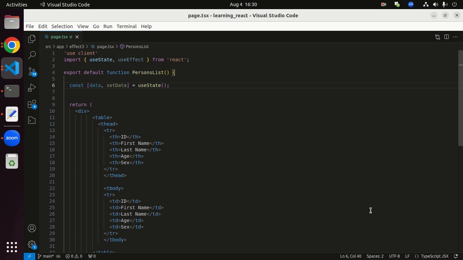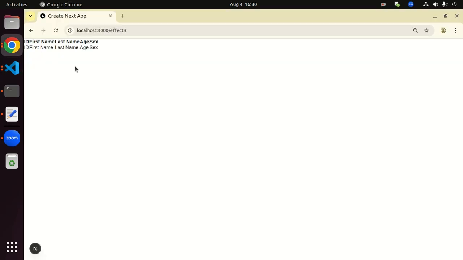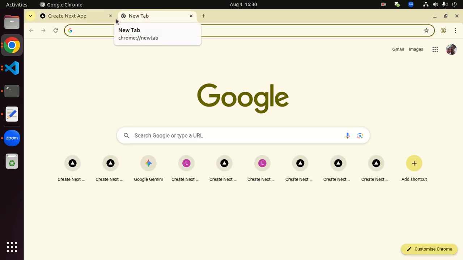We are going to check how we can use the useEffect hook for fetching data from an API server. For it, I have created a dummy page, a persons list page. It is for listing the persons. When running it, you can see it like this. We are going to fetch data from an API endpoint like